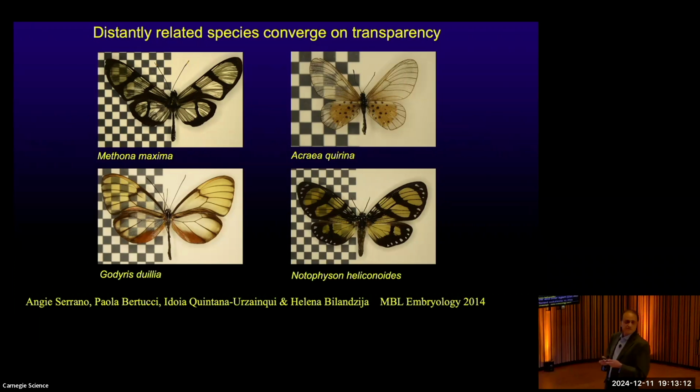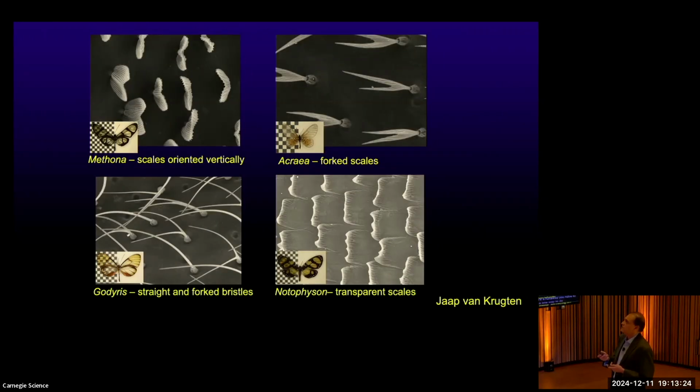So these are just some examples of butterflies and moths that have this transparency. The wing itself has some inherent transparency to it. So really what you have to do is get the scales out of the way, right? Is one way to do it. But if you look at these, and these are now zoomed in scanning electron micrographs of what they've done to their scales. And you can see that they've done many different things to do this.